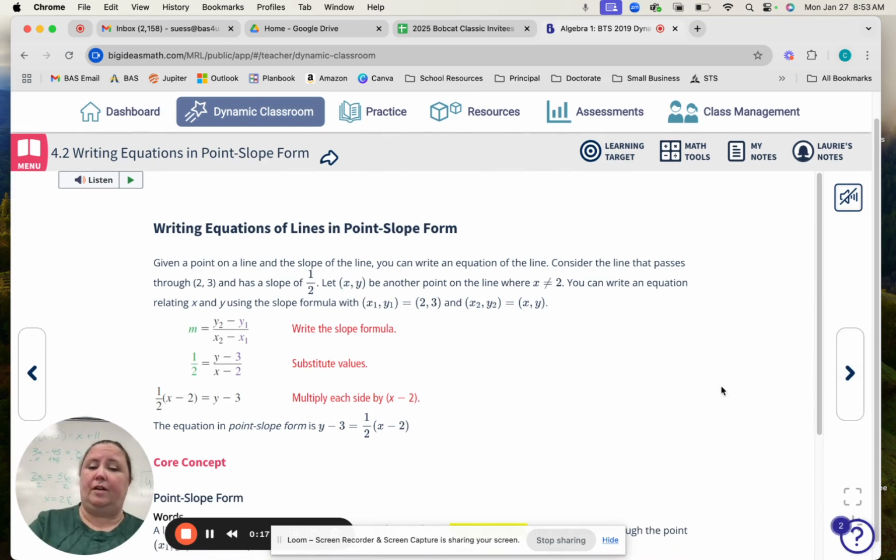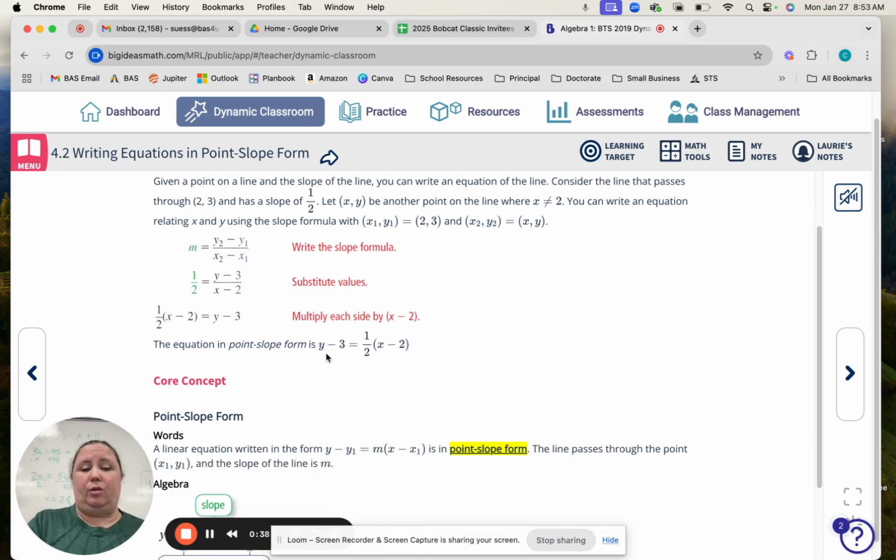First of all, you can find the slope using our slope equation you see right here. m equals y2 minus y1 over x2 minus x1. You guys all have seen that. You understand how to use that, correct? Rise over run. That's how you find our slope. So then you can plug that in. Okay, once you have that,